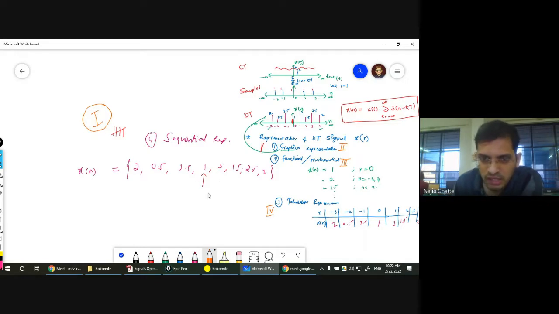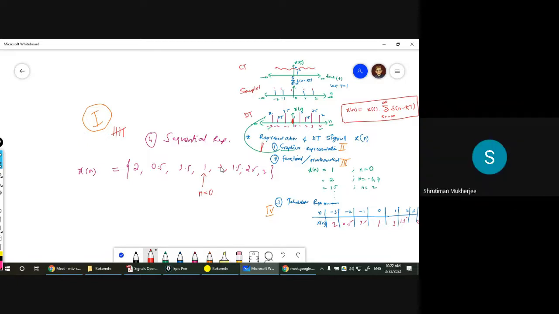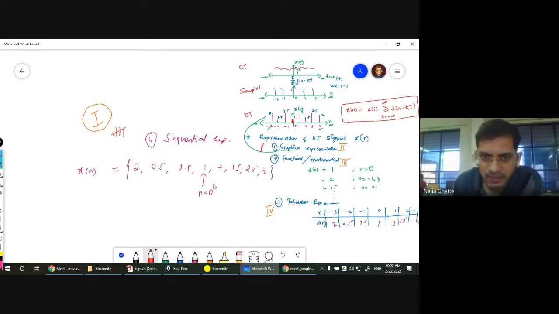It is very easy. So in order to understand sequential in a better way, this is the value of the signal at n equal to 0. So what is this 3? Where is 3? 3 is at n equal to 1. Exactly. If this arrow represents n equal to 0, then obviously this is n equal to 1, then the sample value at n equal to 2, sample at n equal to 3, and so on. Similarly, n equal to -1, n equal to -2, and so on.